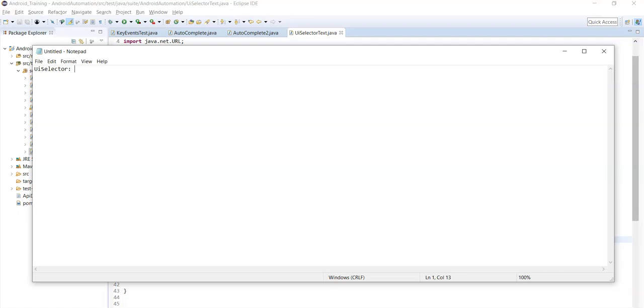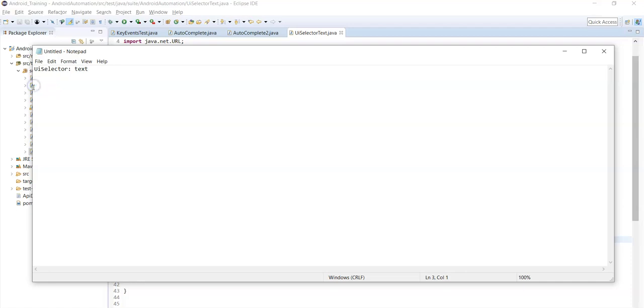So let's see first the UI selector with the text attribute values. So the first method is text. This method identifies an element by matching its exact text attribute value.